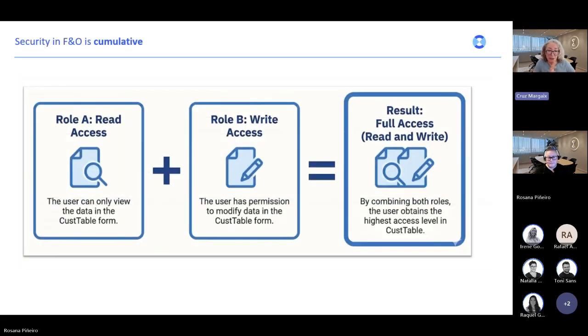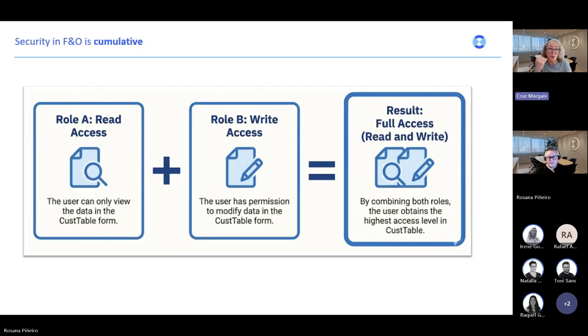It's very important to understand that security in FNO is cumulative. That means that if we've got a role A that gives read-only access to the customer table form, let's say, and then we've got a role B, which gives write access, which allows to insert, update, or delete customers from the customer table form, and we've got a user with role A and role B, the higher access level will be assigned to this user.